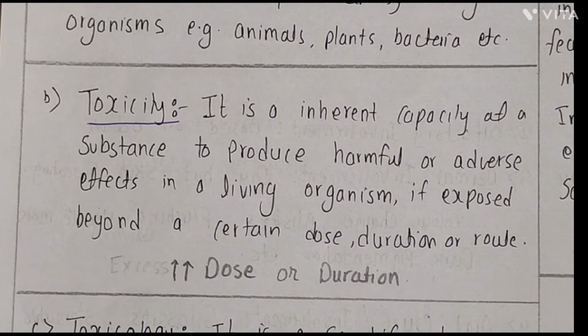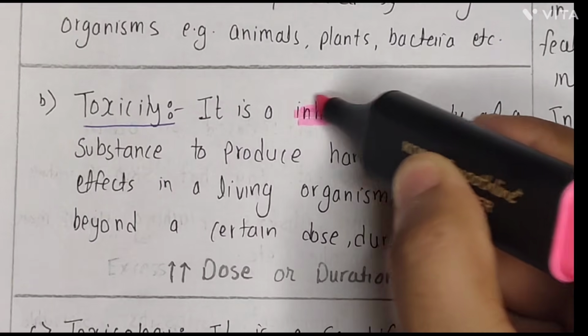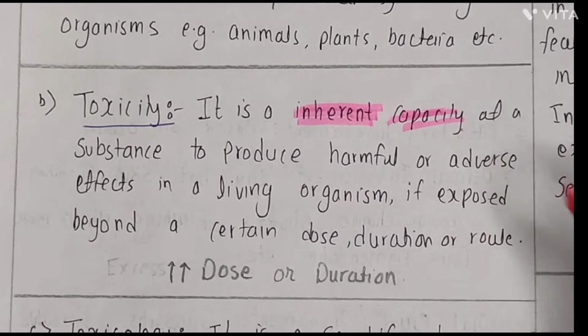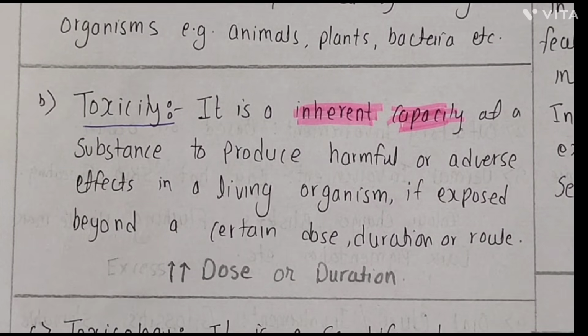How can we define toxicity? We have to understand one important terminology, that is inherent. Right? Inherent means an ever-present feature. Toxicity is the inherent capacity of a substance to produce a harmful or adverse effect. When we take any substance, or in other words, once the substance reaches our systemic circulation, or not only in humans but in any other living organism also,